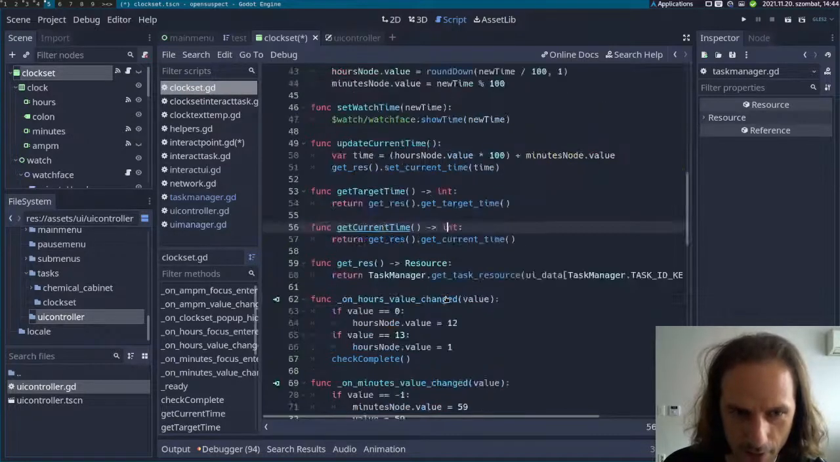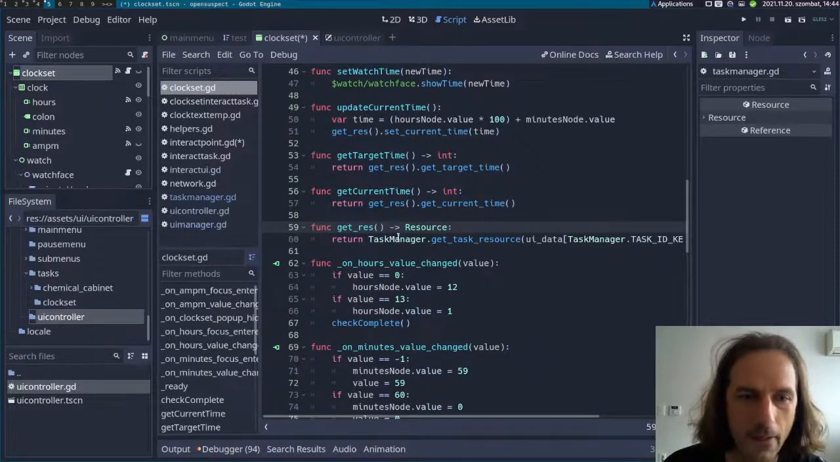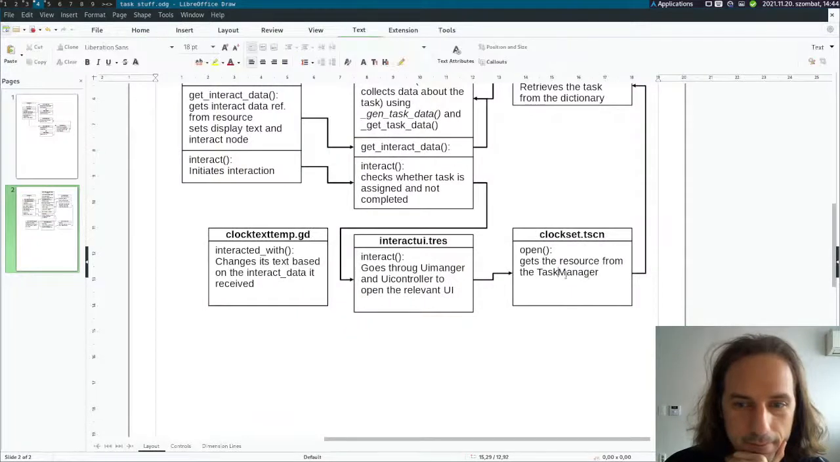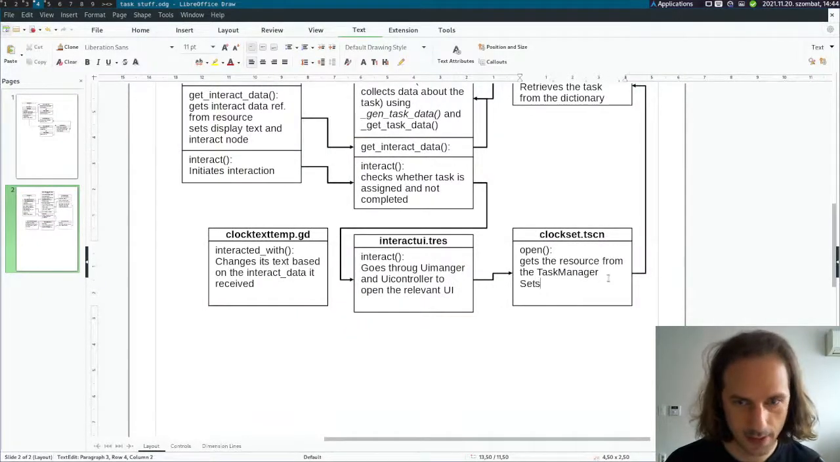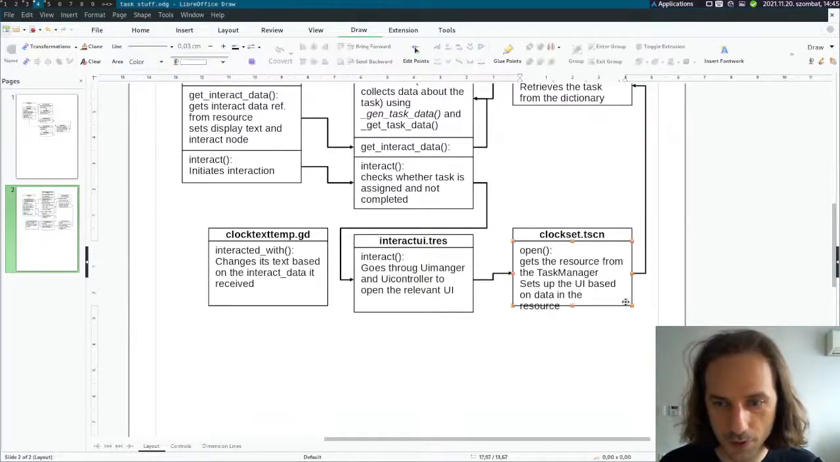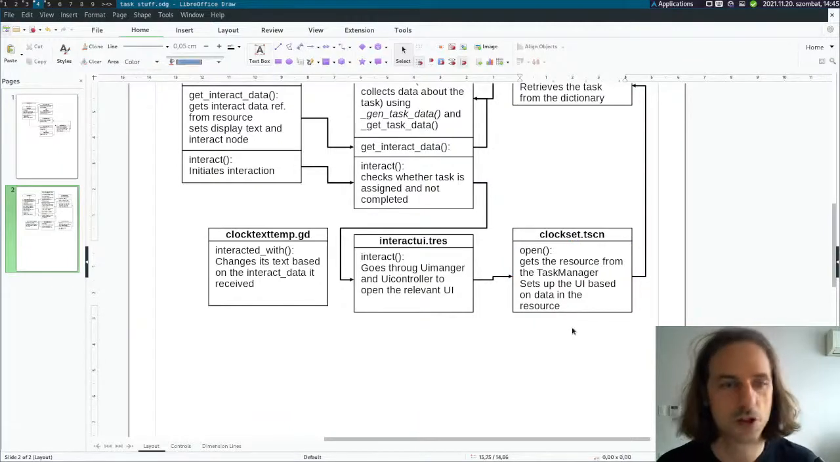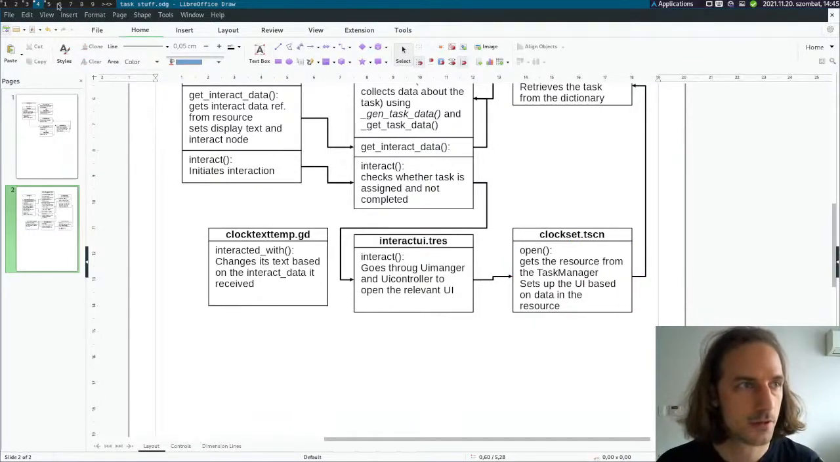Get current time and get target time. So get current time is from get res. Okay, so those are all coming from the resources. That makes sense. Sets up the UI based on data in the resource. Okay, so now I think I remember what's going on here. I think it refreshed my memory enough to understand